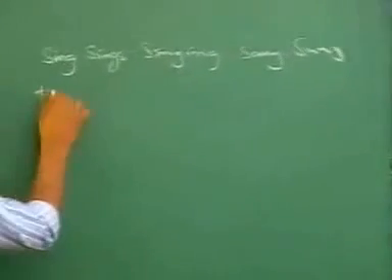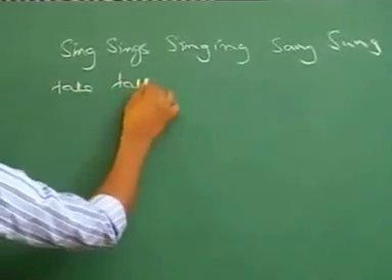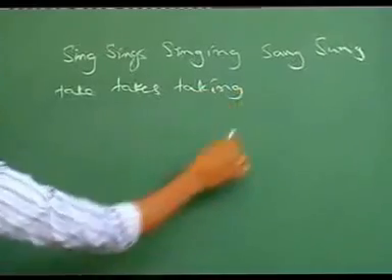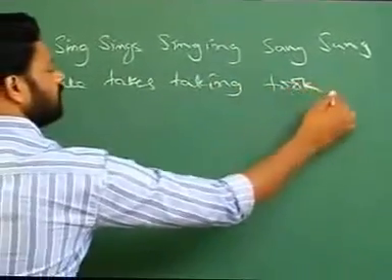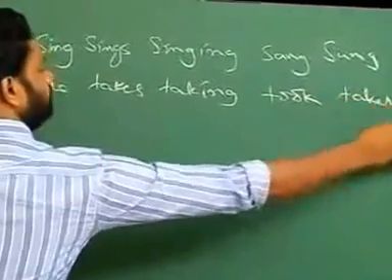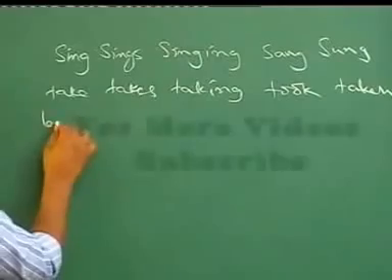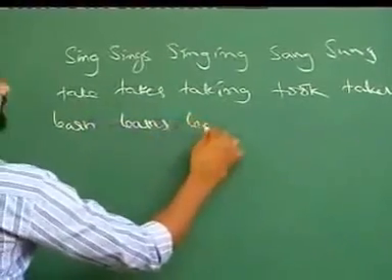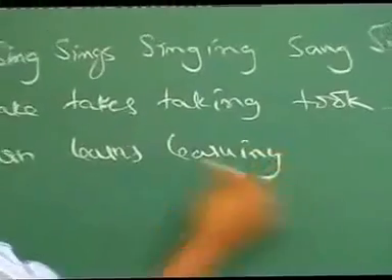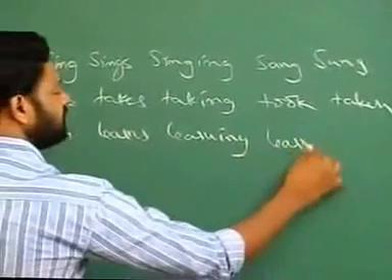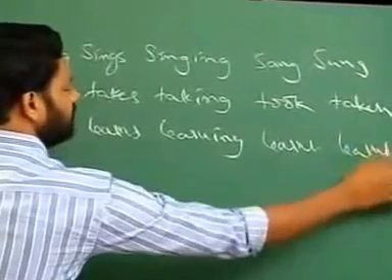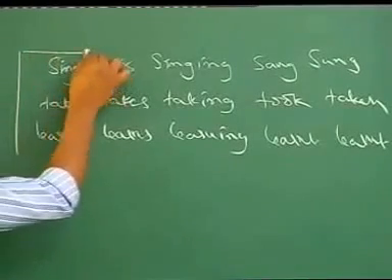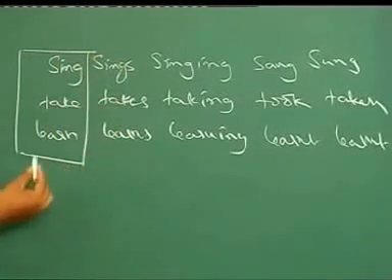If you say take, tell me the second form: takes, third form taking, fourth form took, fifth form taken. If I say learn, second form is learns, third form is learning, fourth form is learnt, fifth form is learned. In the previous class already we have learned how to use this first form, which is called base form,